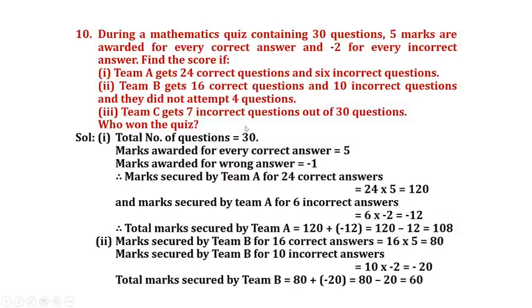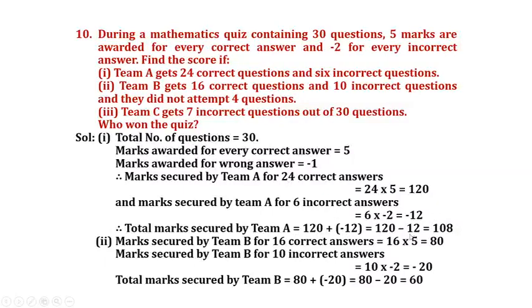So total number of questions is how many? So it is 30 here. Marks awarded for every correct answer is 5. Marks awarded for every wrong answer is minus 2. So now marks secured by Team A for 24 correct answers is equal to 24 into 5, which is 120 marks because it is correct answer. Next, marks secured by Team A for 6 incorrect answers is equal to 6 into minus 2, which is equal to minus 12 marks. So now we can find out the total marks got by Team A, which is 120 plus of minus 12, which is equal to 120 minus 12, which is